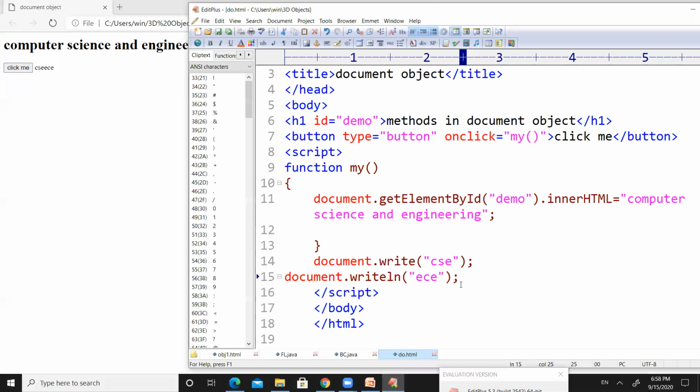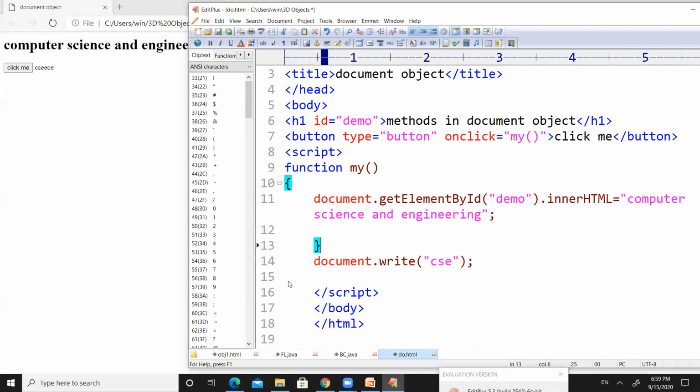Now save the code and make a refresh here. Right, now you can observe we got the methods in document object. Click the button, CSE and ECE. Now make a click here. It will change the text to computer science and engineering.